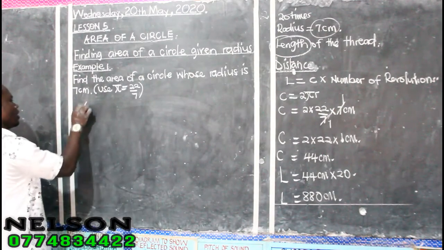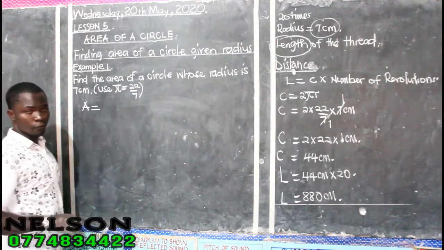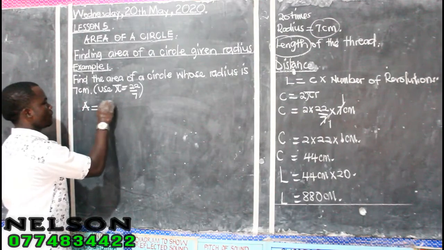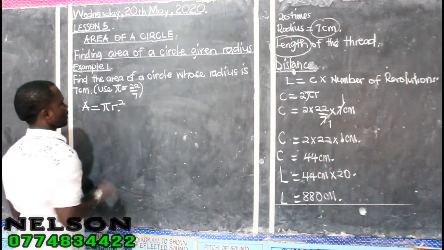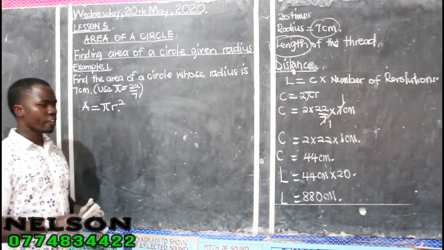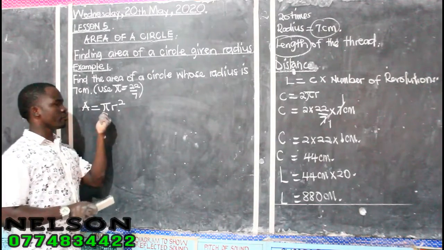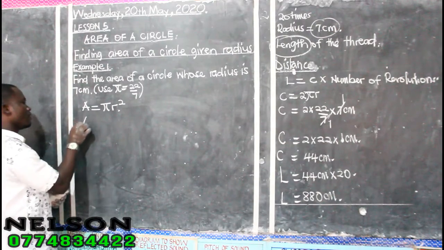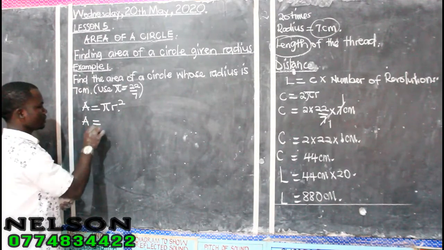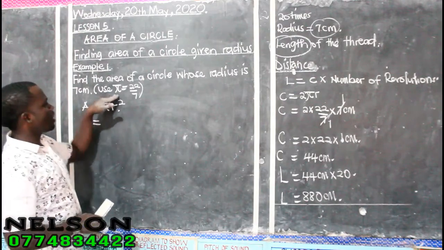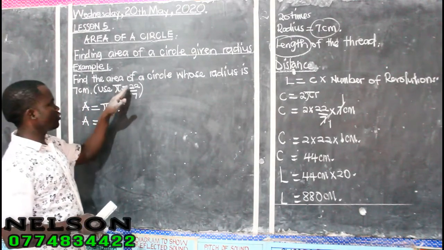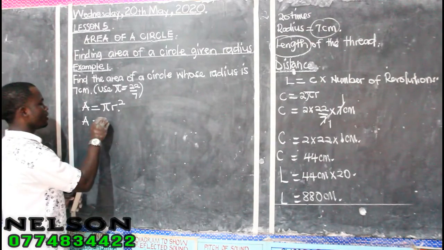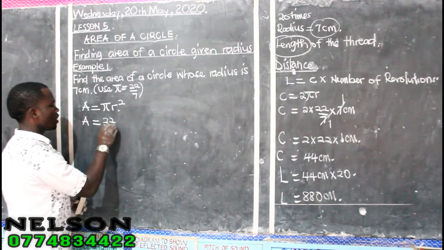We say area of a full circle equals pi r squared. And you all know how we came to pi r squared. So we shall have our area equals, and with the pi, they have told us to use 22 out of 7. So with the pi, we have 22 out of 7